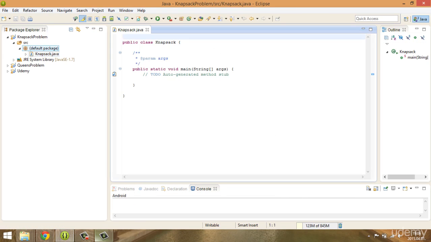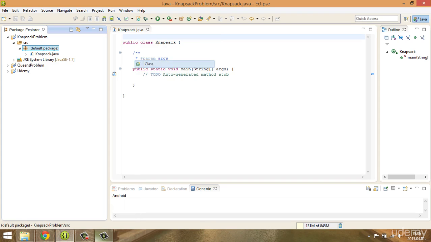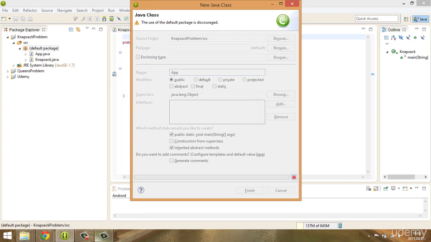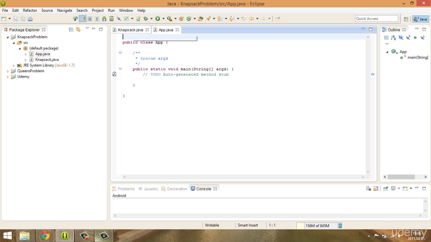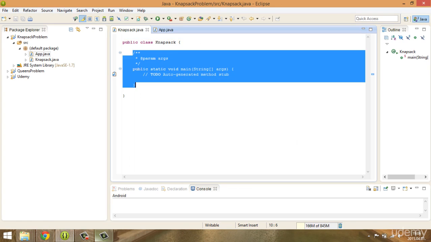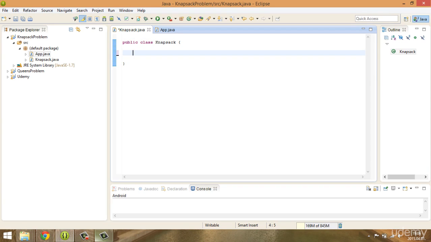Default package will be okay, and class application. So in the Knapsack we are going to have a few field variables, for example private int